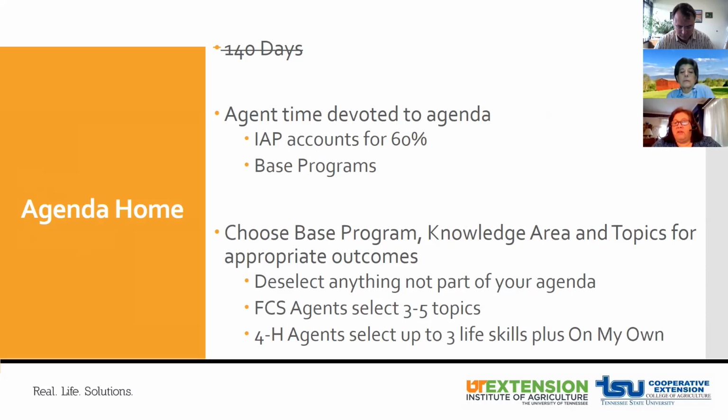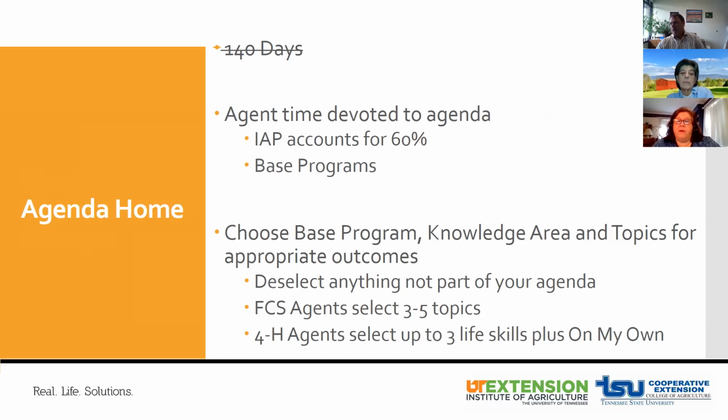So you'll then go to knowledge area, and you can select different knowledge areas that you'll be programming in, and then topics that are appropriate, and then you'll have the appropriate outcomes based on the topics that you select. And anything that's not part of your agenda, there are multiple things that are already going to filter in that are already selected based on the state agendas that are noted, and you would just deselect anything that's not part